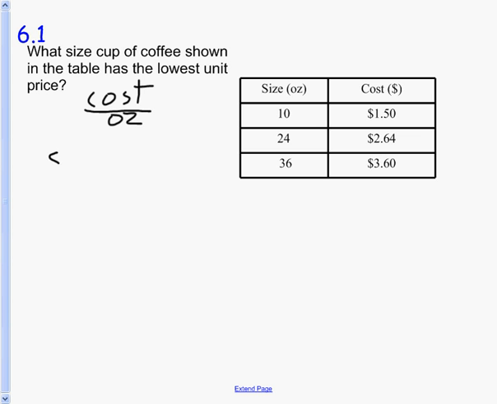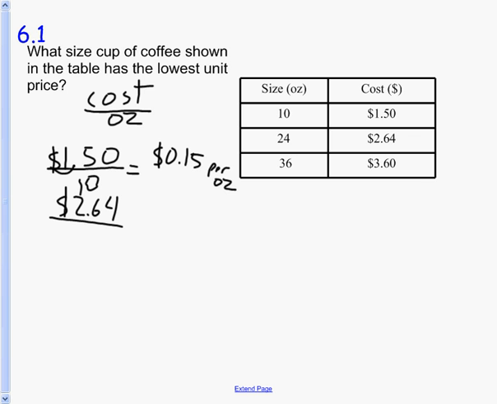So our first one is $1.50 over 10. Dividing by 10, we move the decimal point over 1 to get 15 cents. Then we can write per ounce. Otherwise, that's over 1 ounce. Our next one is